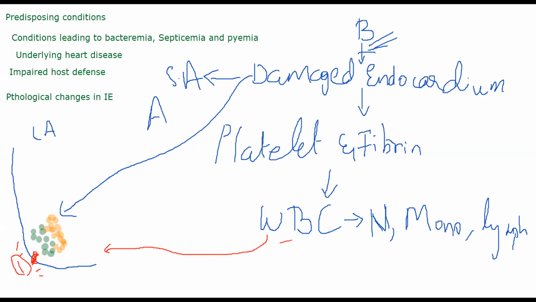So WBC alone will not go. It will call neutrophils, monocytes, and lymphocytes. All of these cells will start rushing to this place, and a small area of vegetation will be formed. If the bacteria is strong enough, it will start dividing here. Sometimes it is a proper war zone where WBC is fighting your bacteria while the bacteria is trying to divide. During this period, a plaque-like structure will be formed.